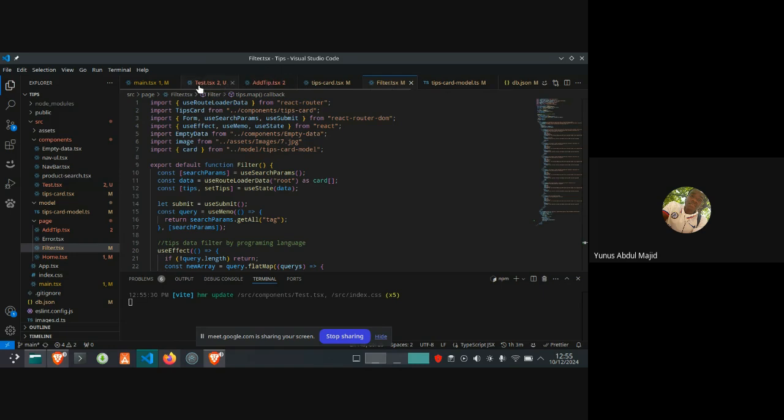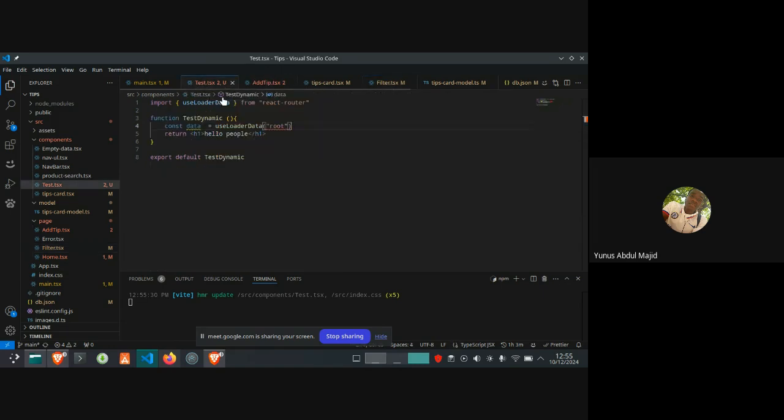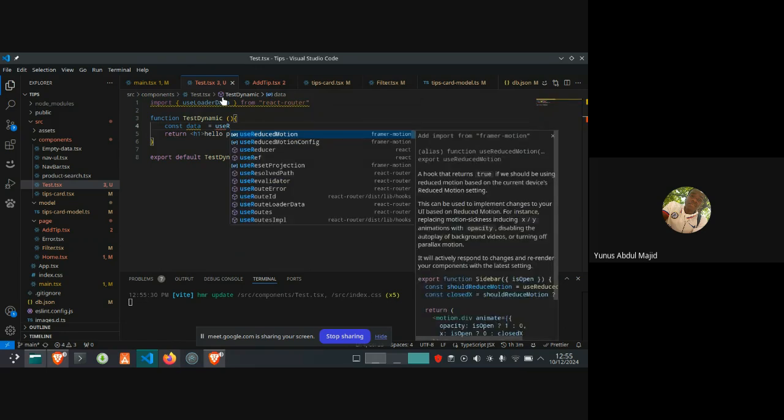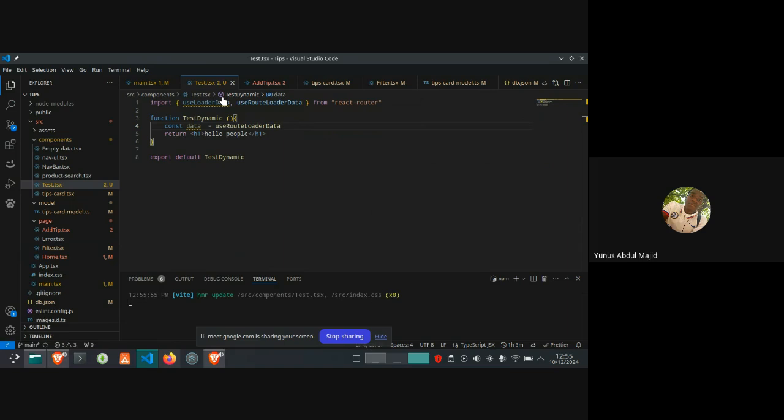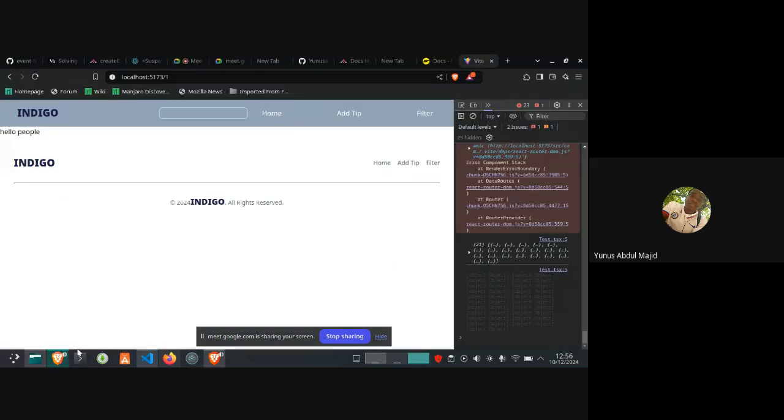Okay, sorry, it's useRouteLoaderData. Root. Then let me console log to see if I'm getting the correct data. If I proceed, yeah, I'm getting the correct data.